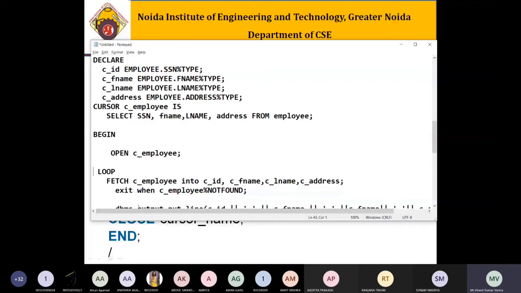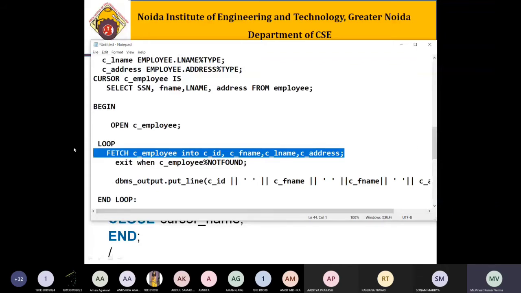So all the information selected using this select statement will now be in these variables, right? And because there may be one record, there may be more than one record, in that sense we have to create the loop statement. So the loop will continue till records are found. It will exit when the cursor's NOTFOUND becomes true.